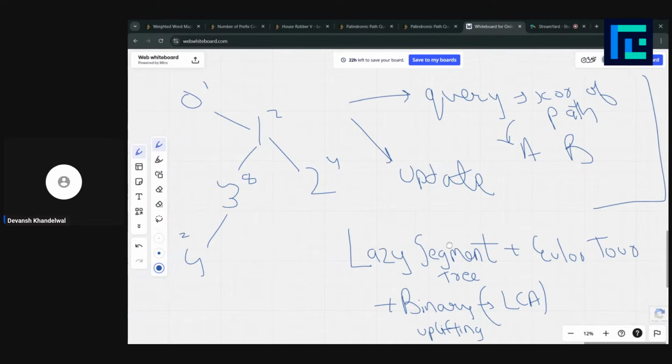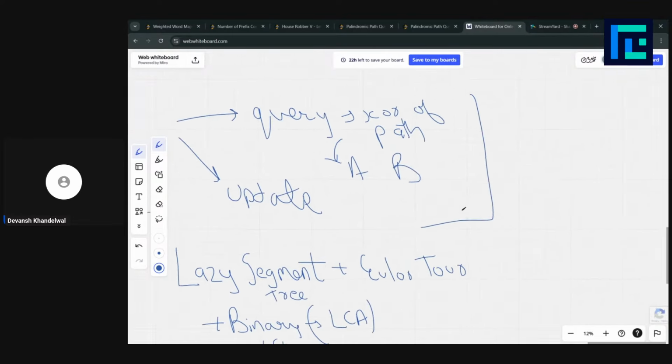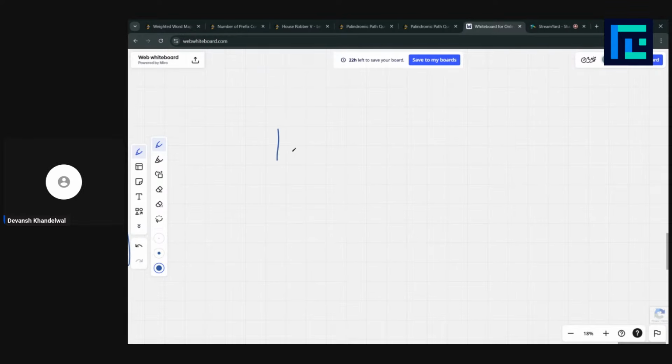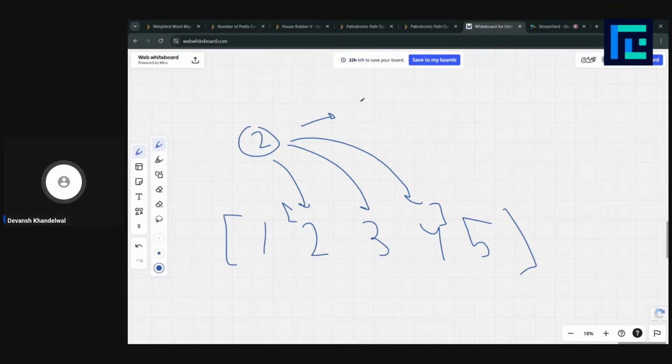Like in lazy segment tree, we lazily update the values. For example, let's say we have 1 2 3 4 and 5. This is our vector and these are the values, right? When we need to update the value, let's say we have this number 2 and we need to XOR 2 from this to this, all indexes, right? How much would this query take? This would always take the size, right? Let's say the size is SZ. This would take this many operations to do this, right?